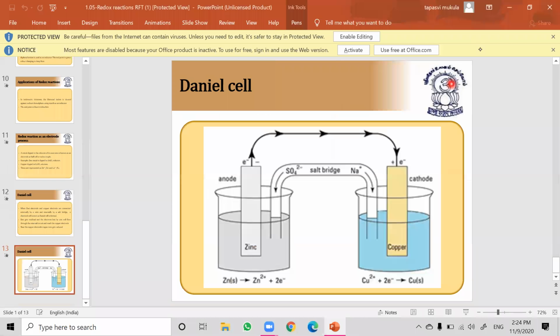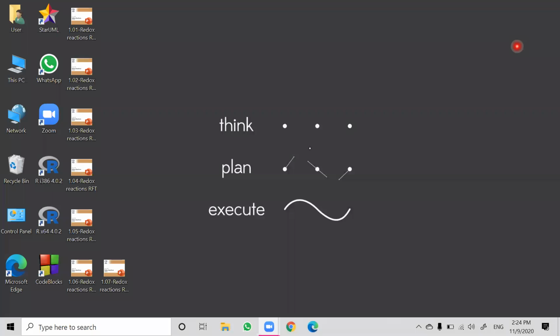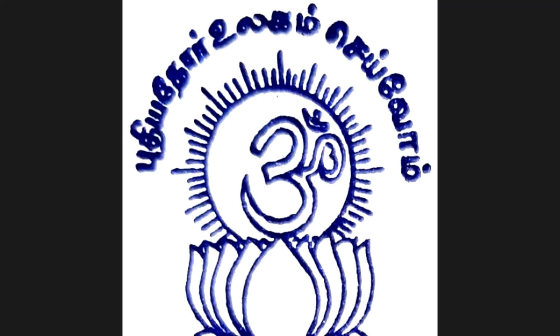So with this we are done in this session. We have done how to balance the redox reaction by oxidation number method as well as ion electron method. So I am stop sharing this now. So the next session we'll do more about redox reactions. This chapter is a very small chapter, easily